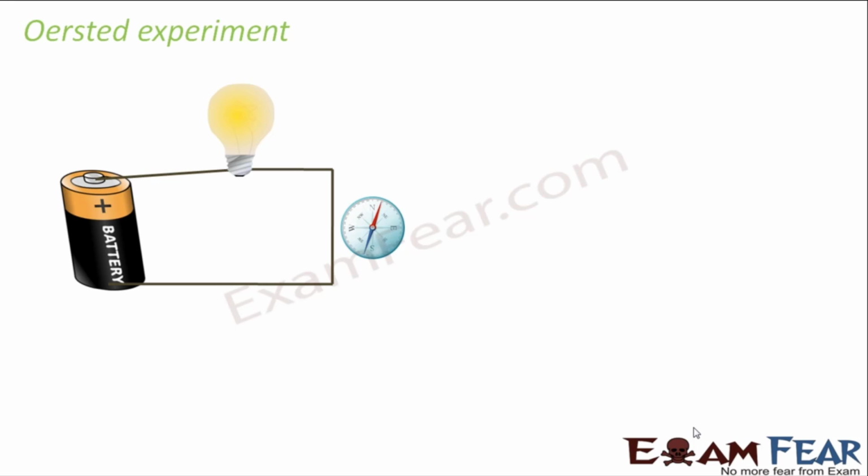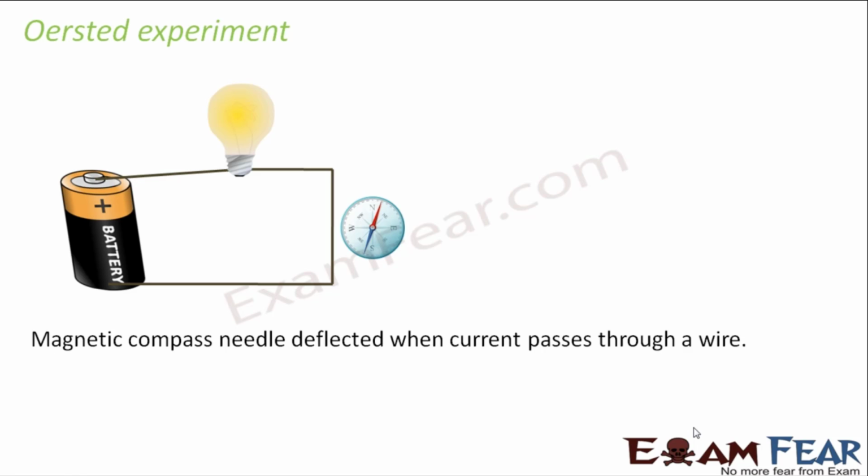He took a simple circuit where he had a source like a battery connected to the circuit such that electric current flows through the circuit. And he took a magnetic compass needle and he placed this compass needle near the circuit. What did he observe? He observed that the magnetic compass needle deflected when current passes through the wire. So now, as current passed through this wire, because of the current which is passing through the wire, this magnetic needle showed some deflection. So now what he did, he took the same magnetic needle and he took it away from this wire. Instead of keeping the needle here, he took the needle somewhere here.